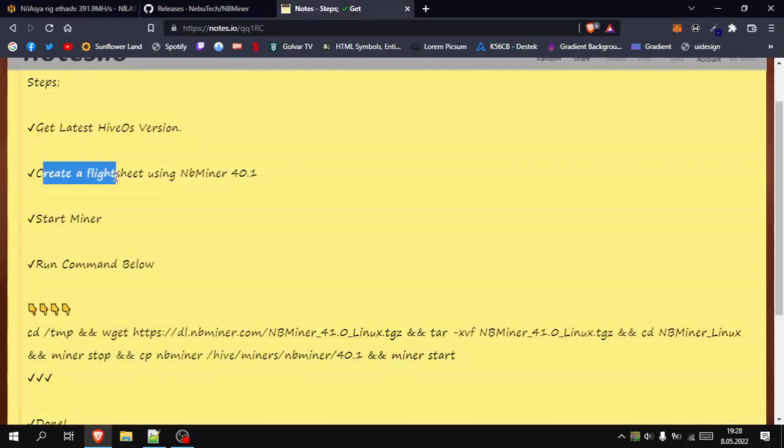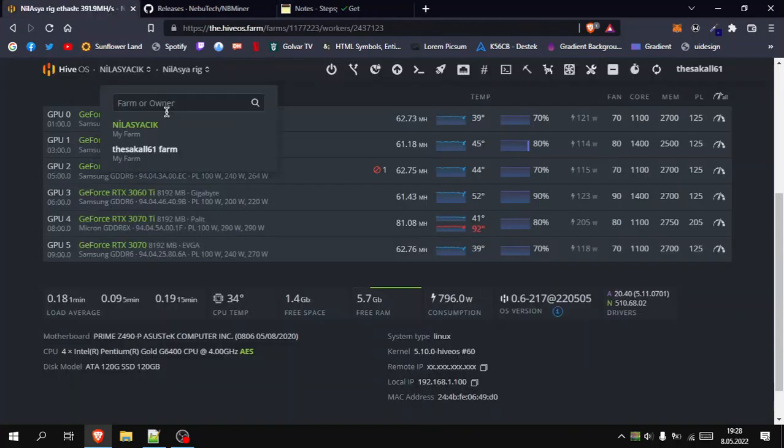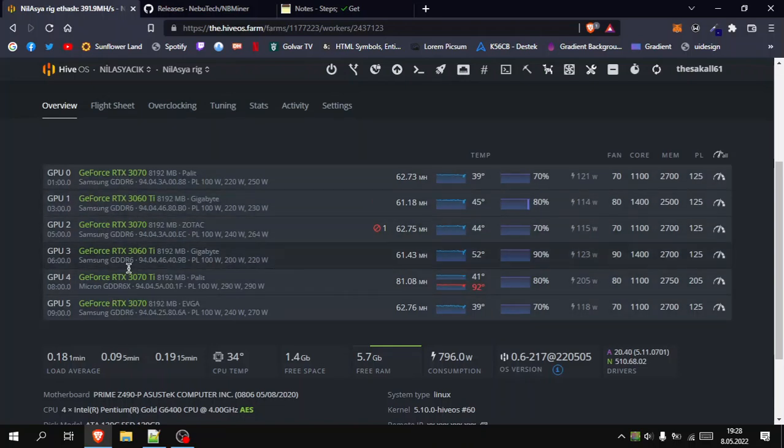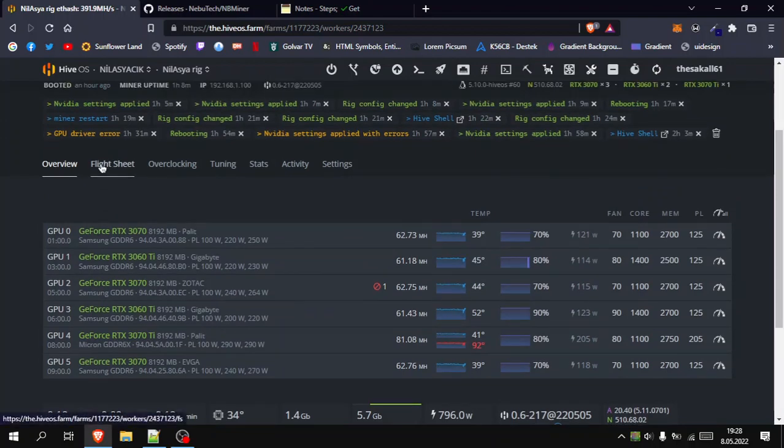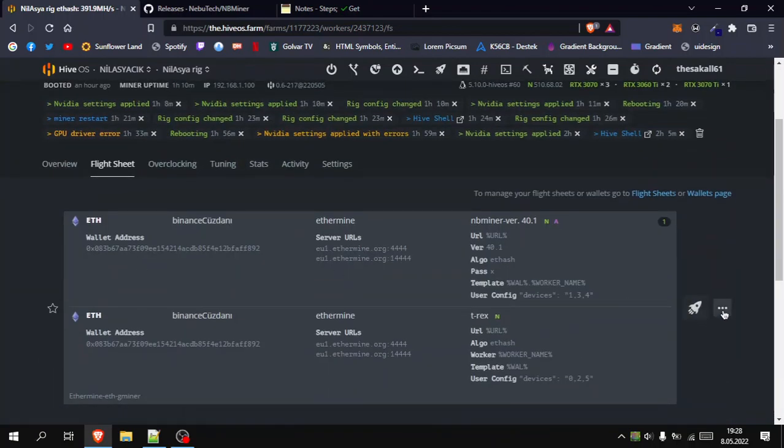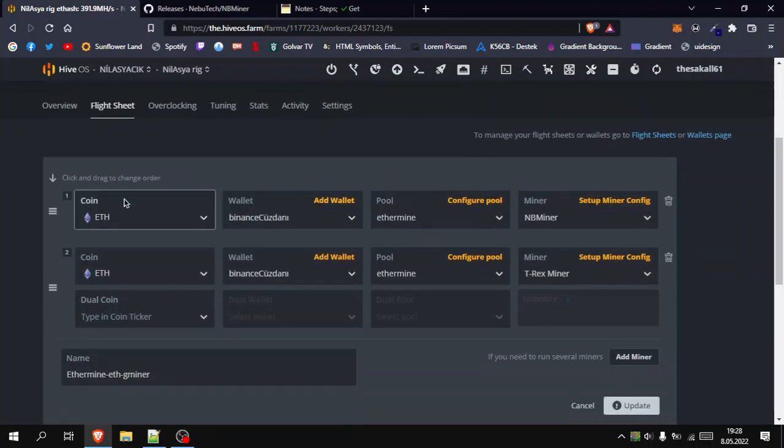After that we need to create a flight sheet using NBMiner 40.1. How we do that: you can see I have 6 cards here, and GPU 1, 3060 Ti, GPU 3 and GPU 4 are my LHR cards. So these 3 are not LHR. What I do is I go to my flight sheet, then I edit my flight sheet. I select my coin, Ethereum, then I choose my wallet, pool and miner. I choose NBMiner here, then go to set up my miner config,